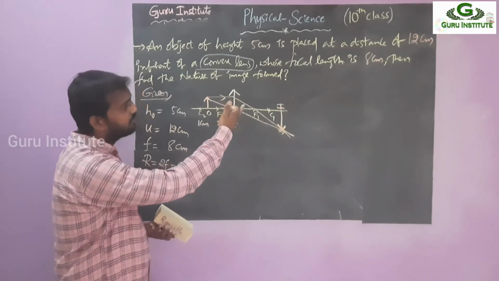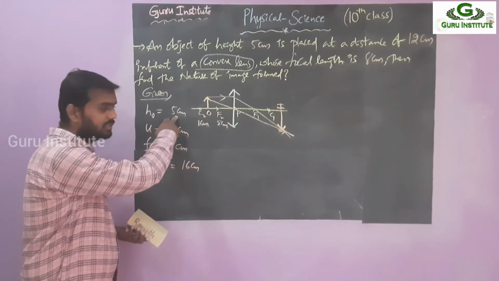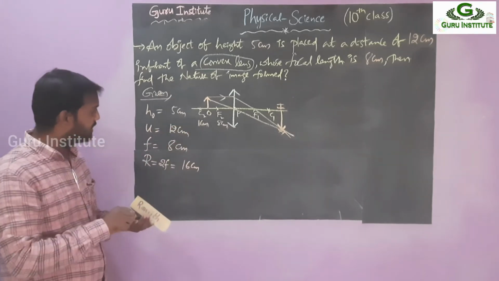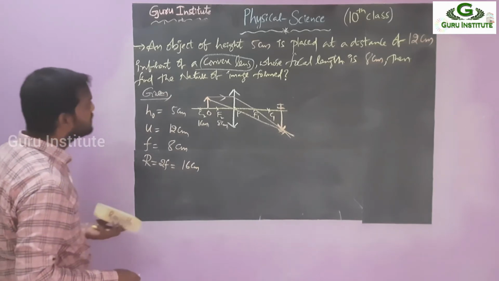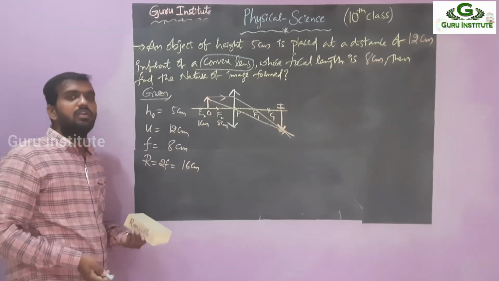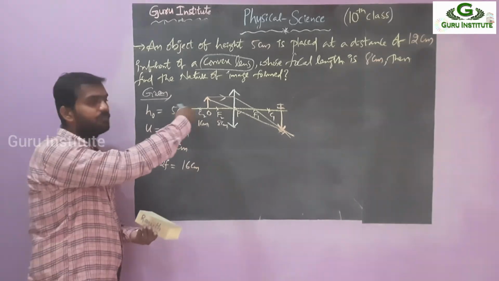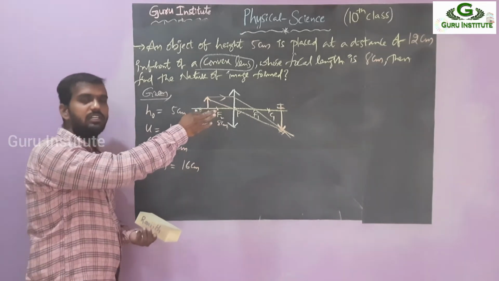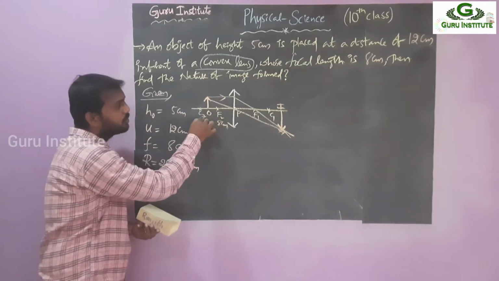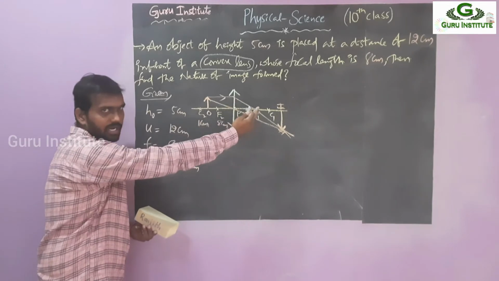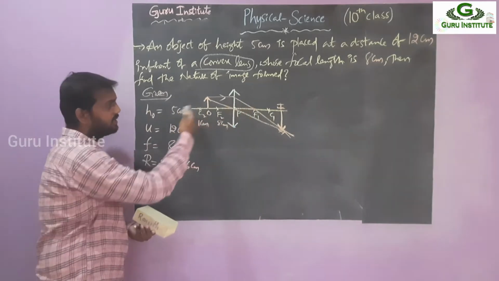So finding the nature of the image, if you get more than 5 centimeter height, then your answer is correct. Now we have to apply the sign convention here. According to sign convention, we measure from the pole, in the same direction as the incident rays is positive, opposite is negative. Rays are from left to right, PO is right to left, so this is the opposite direction.